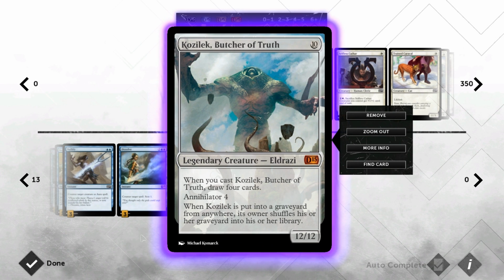You get to draw 4 cards when you cast him. Annihilator 4 means when he attacks, the opponent has to sacrifice 4 permanents, and if Kozilek ever enters the graveyard from anywhere, you get to shuffle him back into your library together with your entire graveyard. So it's very difficult for the opponent to permanently get rid of Kozilek, because sooner or later he will draw him again. So your opponent pretty much has to exile him in order to get rid of him permanently,